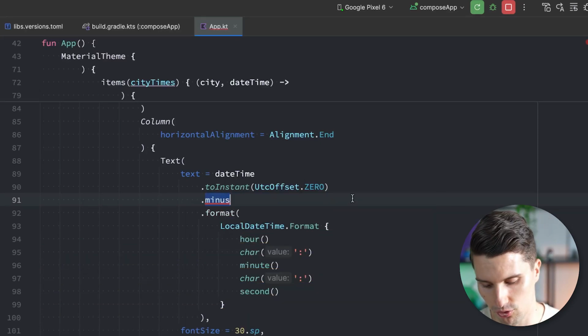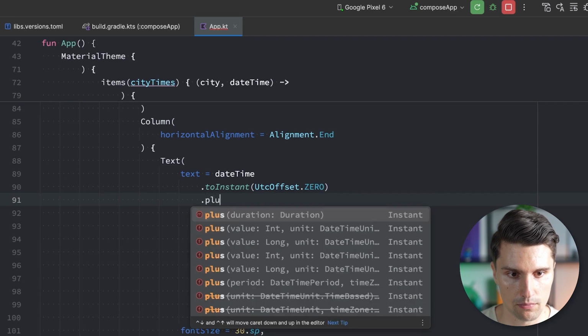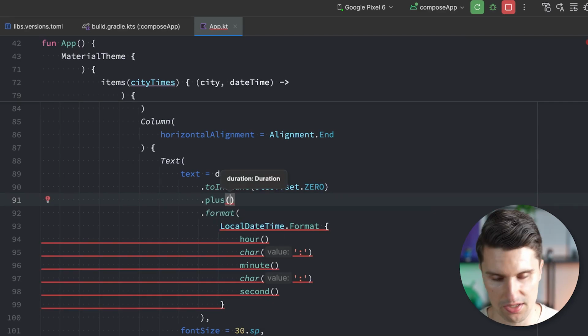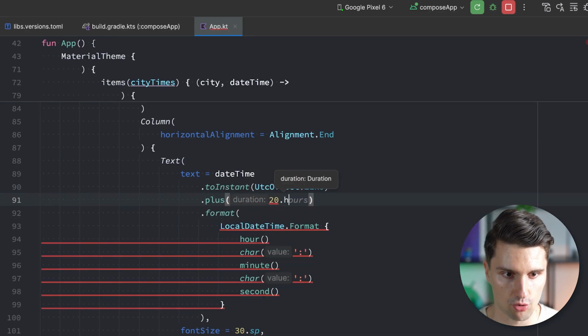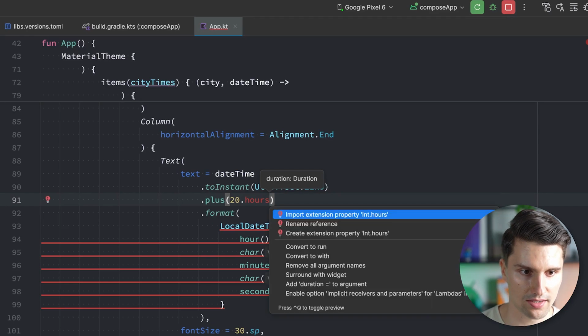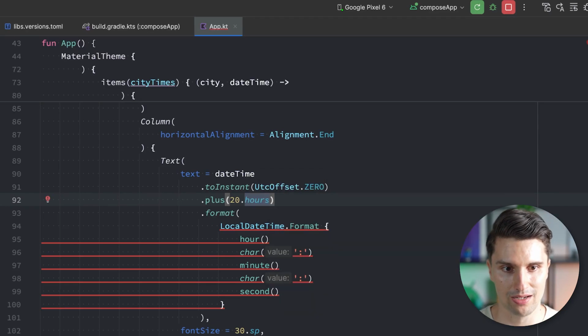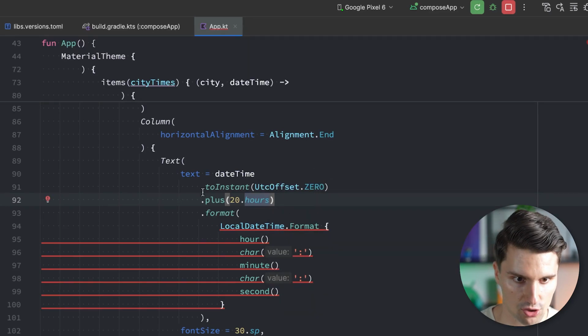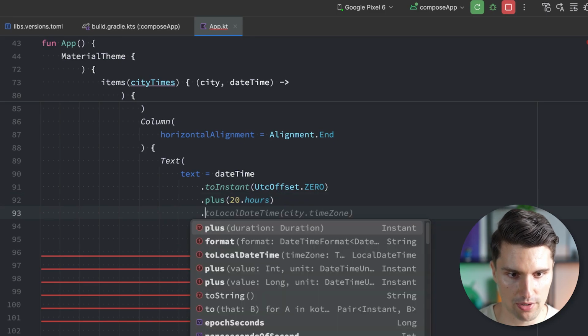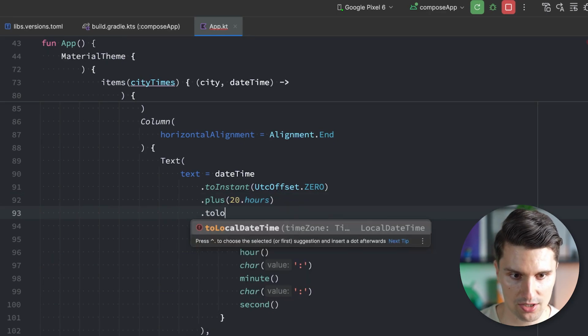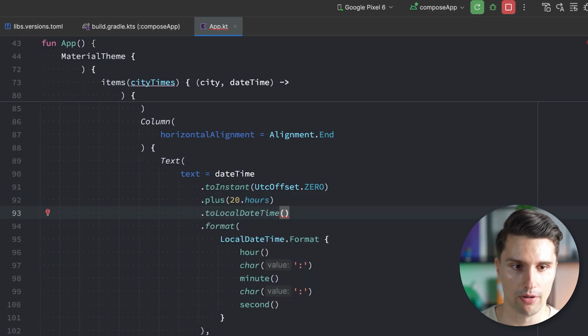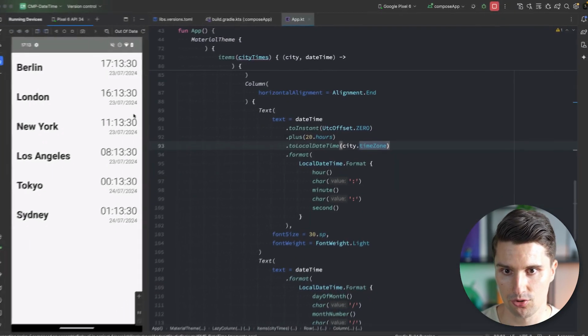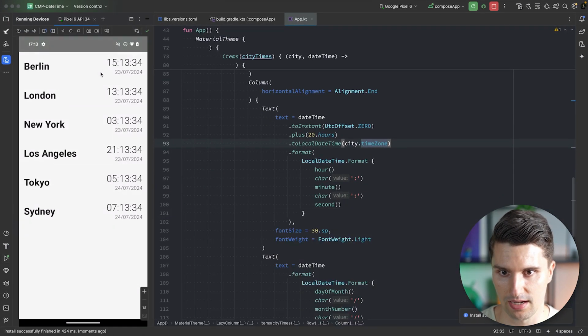So for example, if we want to always add, let's say 20 hours, then we can say 20.hours, Alt-Enter to import these hours. And then we take each date and just add 20 hours on top of that. If we then say, okay, we convert this back to our local datetime object, where we pass in the city time zone, and we relaunch the app, then we should be able to see that each of these times now